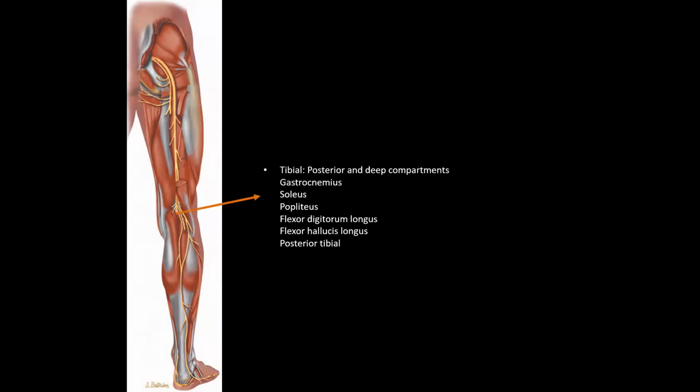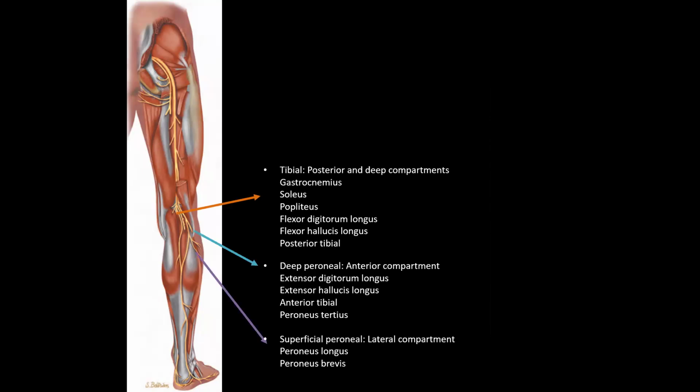Now let's have a look at the nerves of ankle and foot. So in lower limb, we have one large nerve which supplies the entire lower limb muscles, and that is sciatic nerve. And sciatic nerve has two branches, tibial and common peroneal. Tibial branch supplies the posterior and deep compartment muscles, and common peroneal nerve divides into deep peroneal and